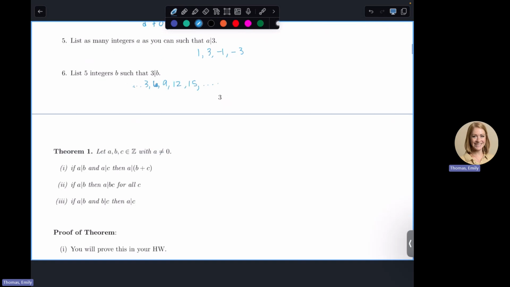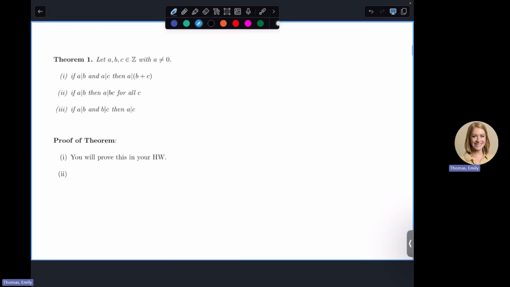Part 1 of this you're going to do for your homework. We're going to do part 2 and part 3. Cool? I don't remember what number it is on your homework, but it's there. Number 9. So,